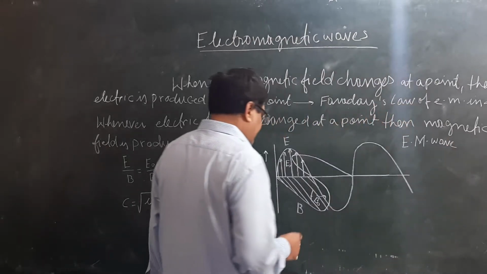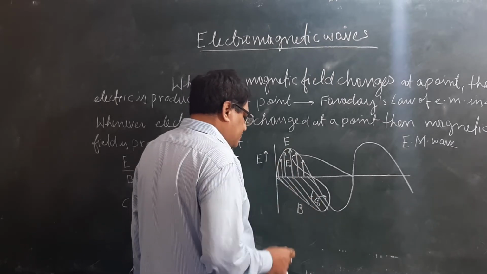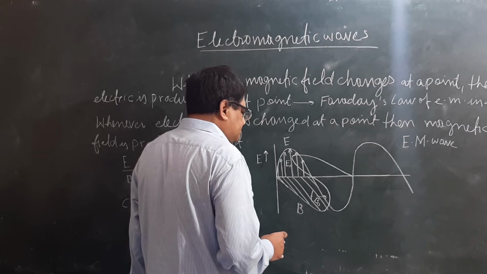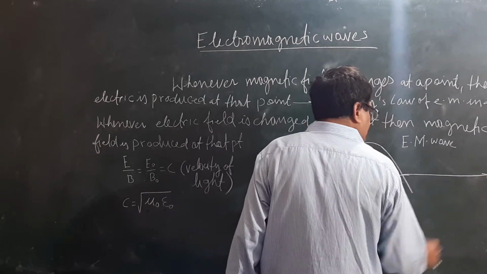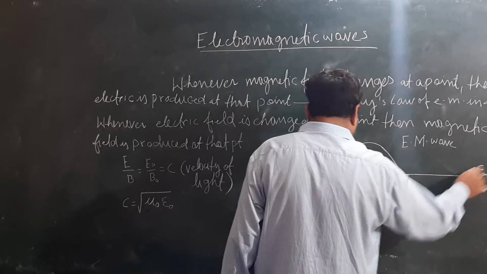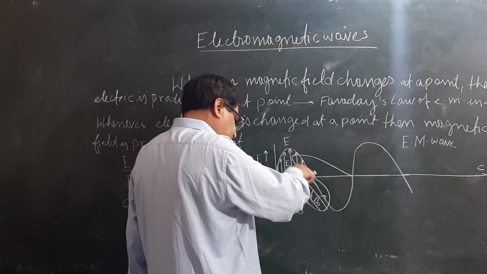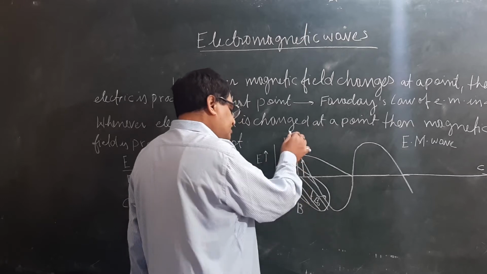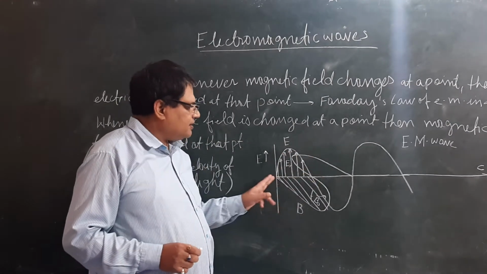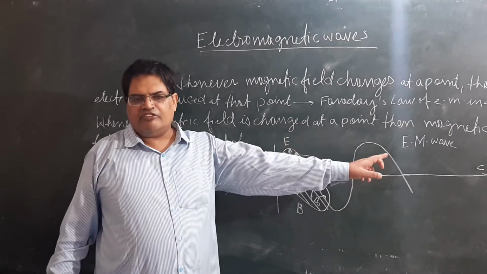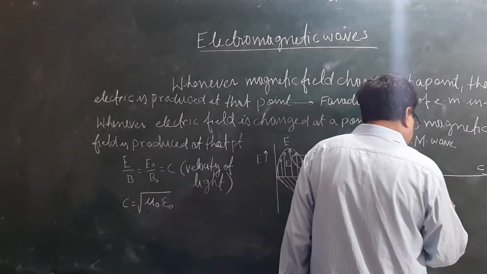This electromagnetic wave, as you see here, has electric component and magnetic component mutually perpendicular to each other, and this is the direction of propagation of the wave. Now the velocity of propagation is c. So this is the direction of the velocity of propagation, this is the direction of the magnetic component, and this is the direction of the electric component. So the electric component, the magnetic component, and the direction of propagation of the wave will be mutually perpendicular to each other.